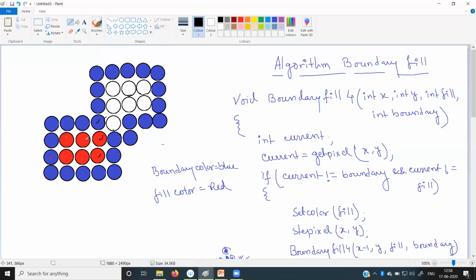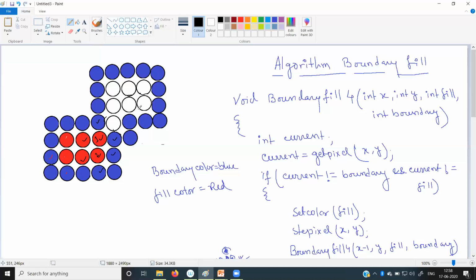This one is the 4 nearest neighbor for this particular pixel, so let us say it is 1. And for pixel 2, the 4 nearest neighbors are those which are already colored either by the boundary or fill color. So you can see this filling color will not further propagate and it will stop. So this other portion of the polygon will remain unfilled.